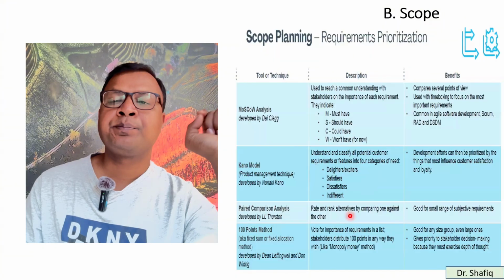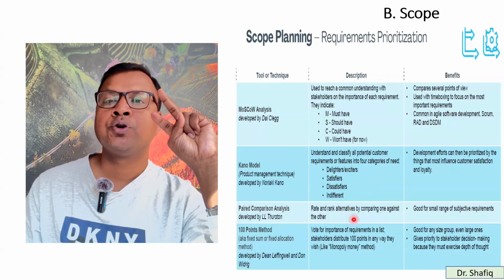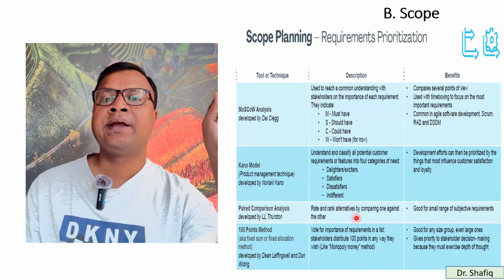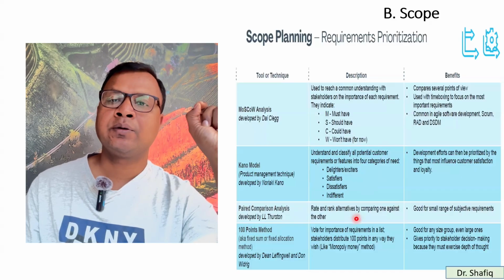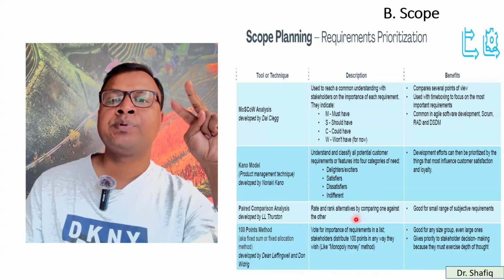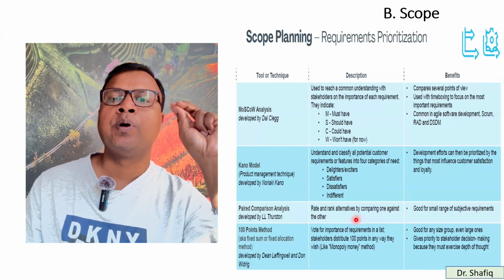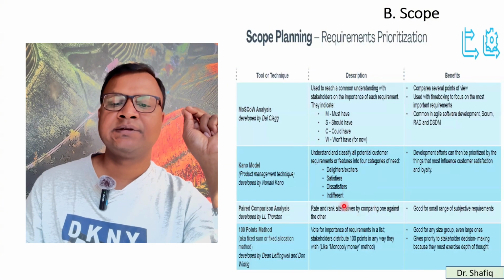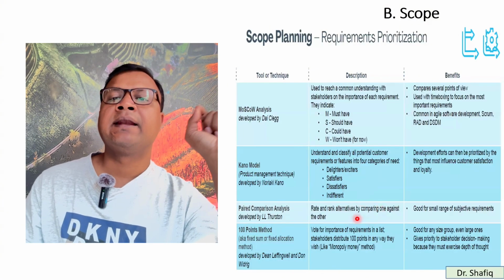Then you can have paired comparison. You have two options, which is better. You have A and B, A better or B better. So by comparing two, you can pick one requirement. This is another way. And the last one is